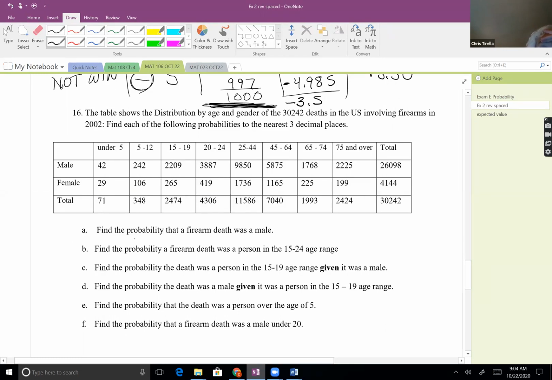If I want to find the probability, so it's a fraction, that I have a man, the word given is not there. So my sample space is all of the people. And how many of those are men? 26098. And here, even with a pencil and paper test, if you didn't change it into a decimal, I would not give you full credit. So let's go through and let's divide that out.